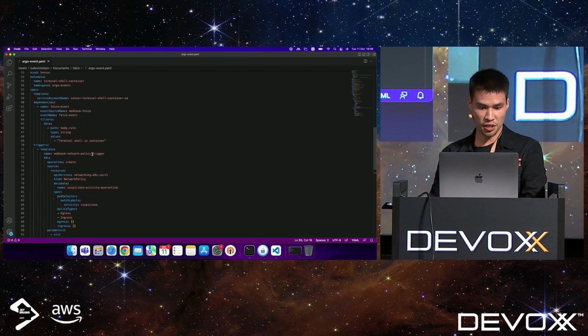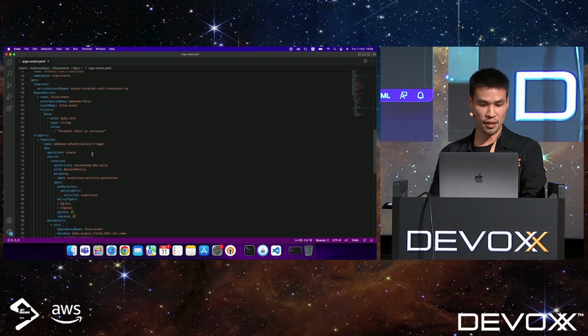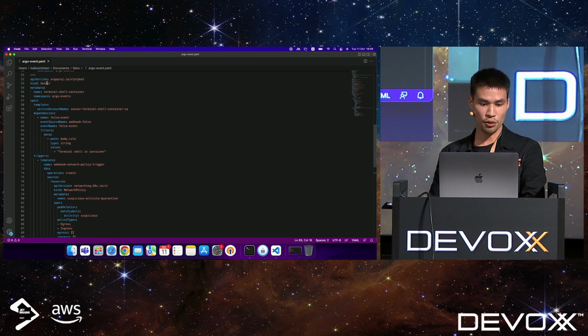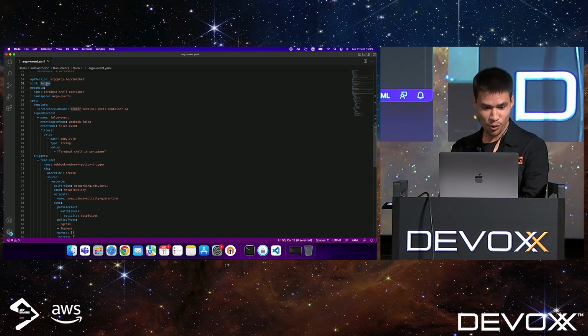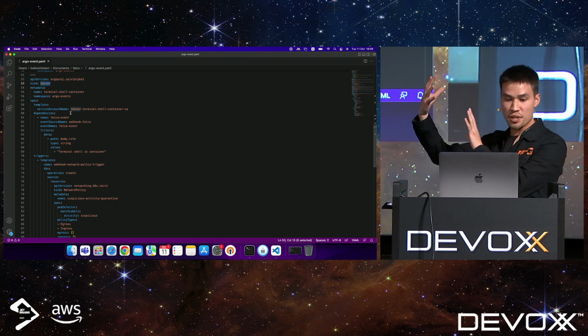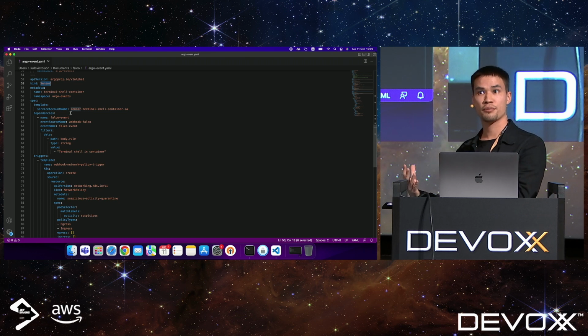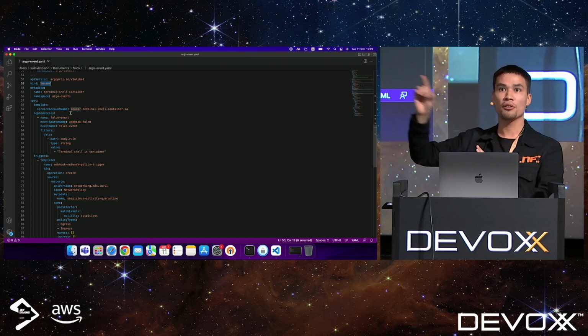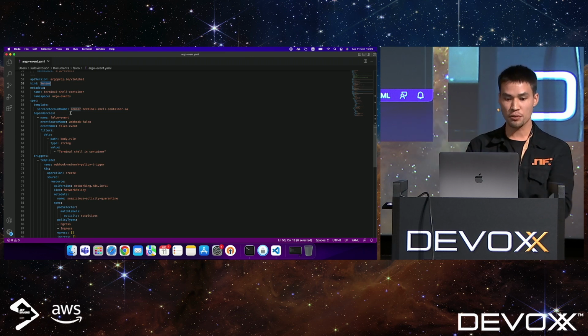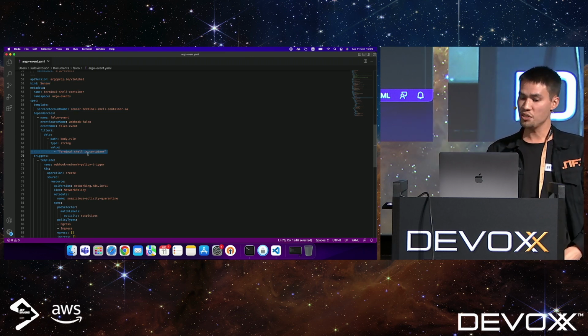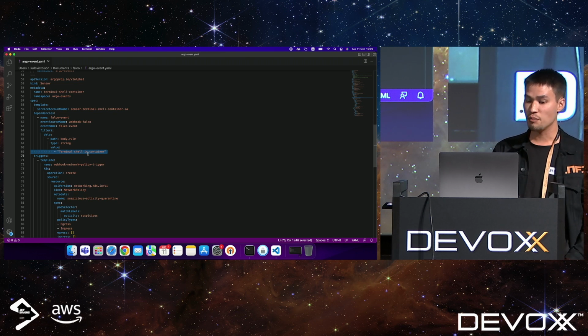Okay? So here, for example, I have deployed what I call a sensor, and this sensor will actually expose an HTTP endpoint. Falco will forward all these events to this endpoint, and this endpoint will filter all the alerts sent by Falco,